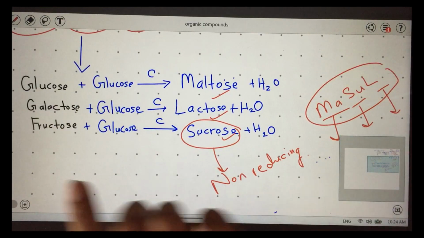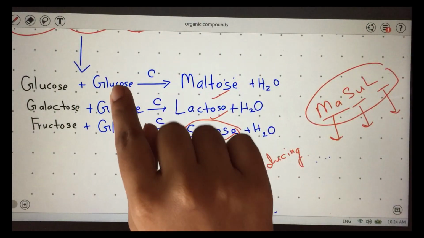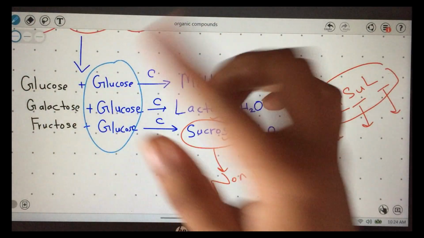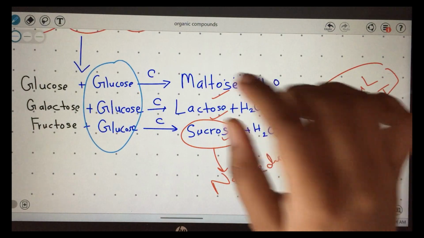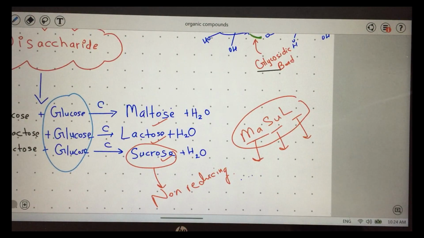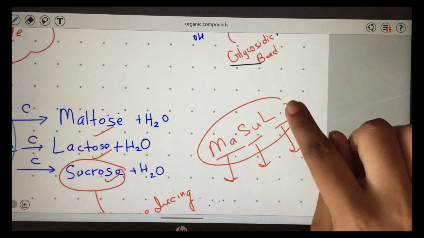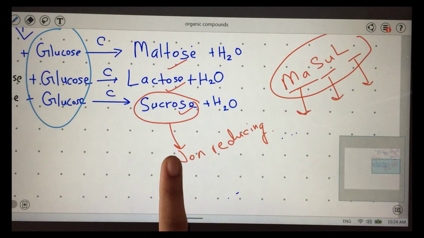So here you can see glucose and glucose undergo condensation to give maltose and water. Similarly, you can see glucose is a common fellow for all these three. So what is different? Glucose, galactose and fructose. Remember, just like glucose, galactose and fructose are monosaccharides. Disaccharides are maltose, lactose and sucrose. I told you, if you find it very difficult to remember whether maltose, sucrose, lactose are monosaccharides or disaccharides, then remember this mnemonic, MUSCLE. So MUSCLE means maltose, sucrose and lactose. Now in that, sucrose is the exception.